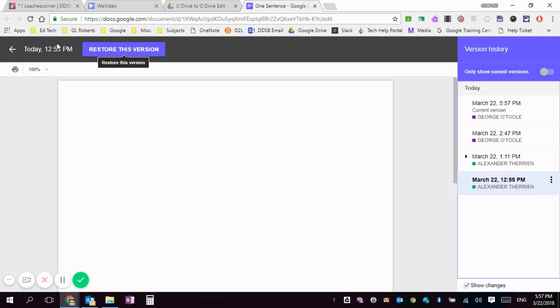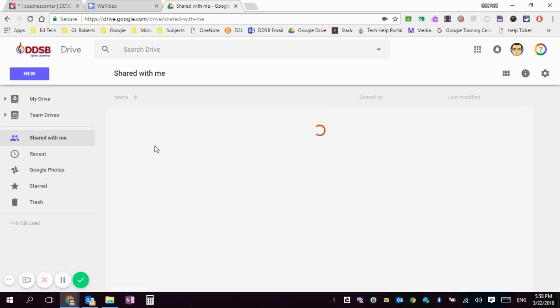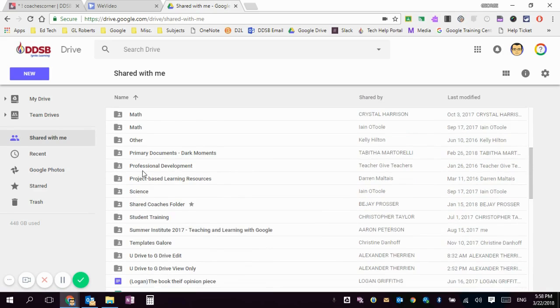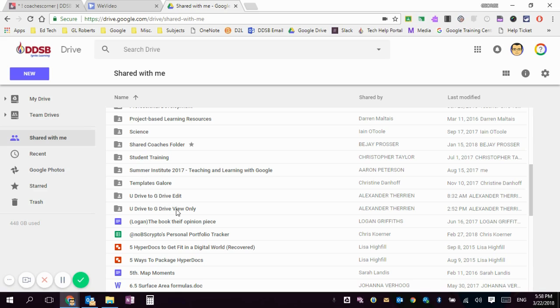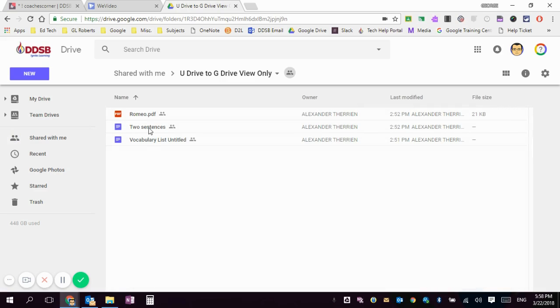That is one option, but you don't want to be doing that on a regular basis. But you could do that in an emergency case when you accidentally gave people edit access to your folders. So what is better is to give them view-only access. And if we see here under the shared with me, the view-only folder, if you double click on that, and now I try to